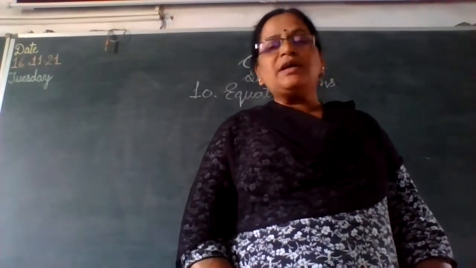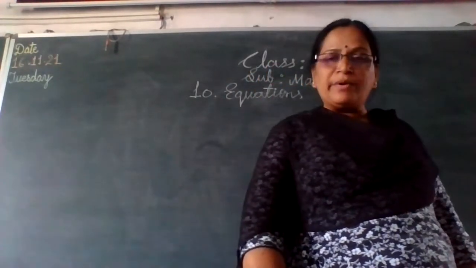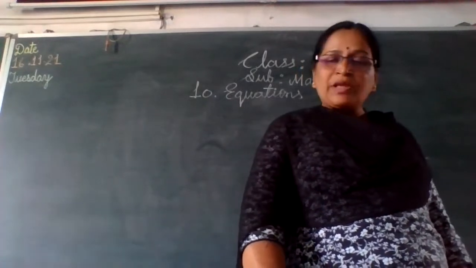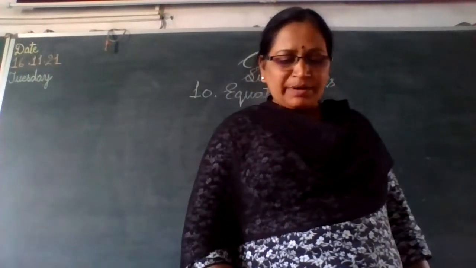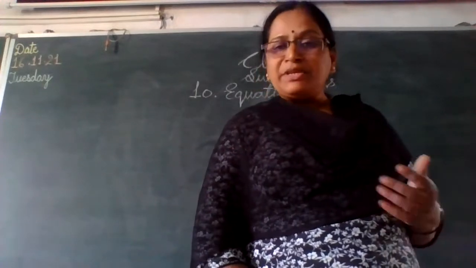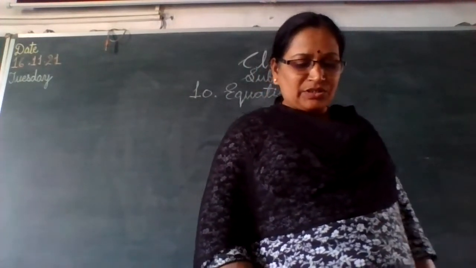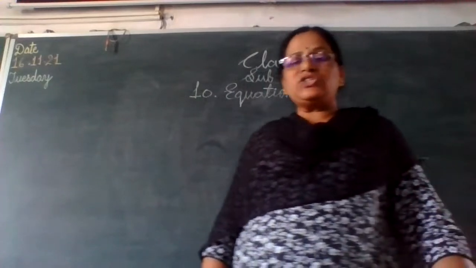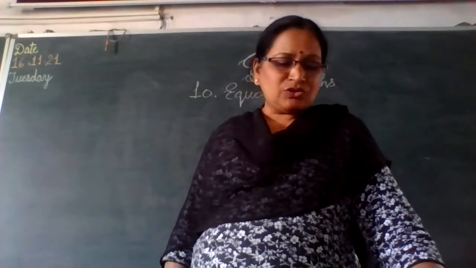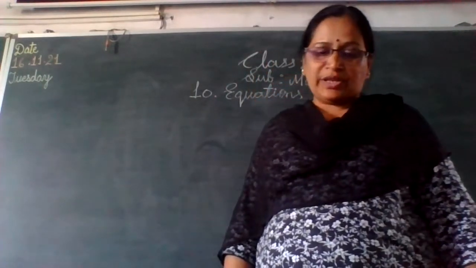So what is arithmetic? Arithmetic is a branch of mathematics where we deal with the numbers and their four fundamental operations. Now let us see another branch of mathematics. Here we learn about the dimensions: one-dimensional, two-dimensional, and three-dimensional figures and shapes. These dimensions and shapes we learn in geometry.